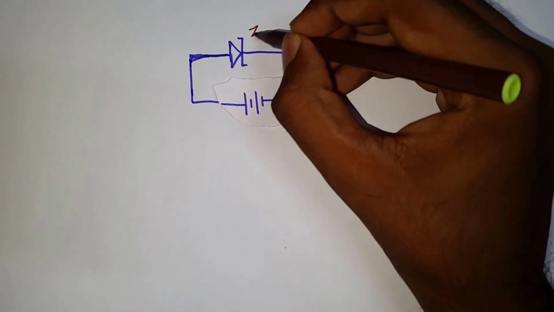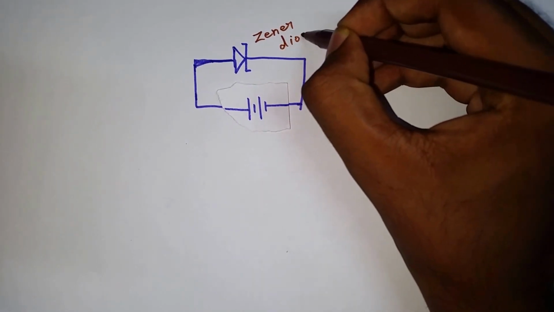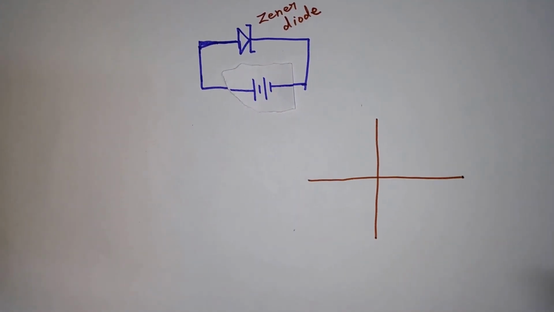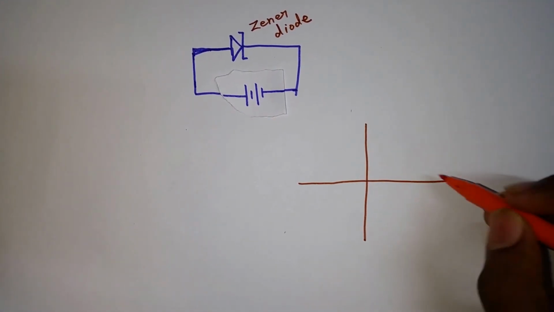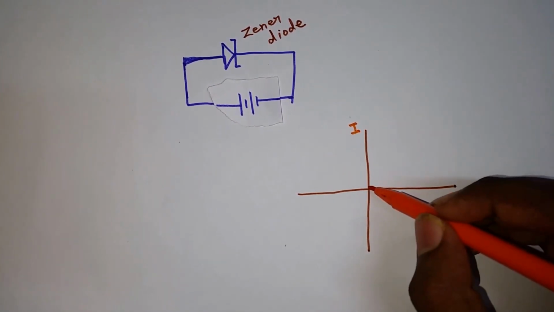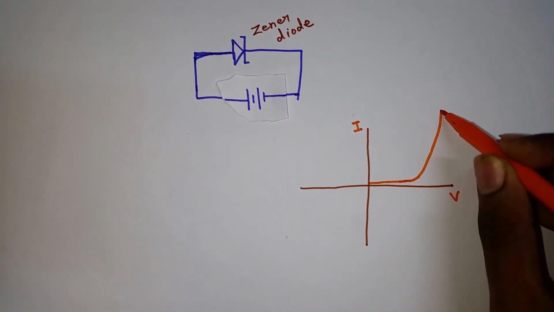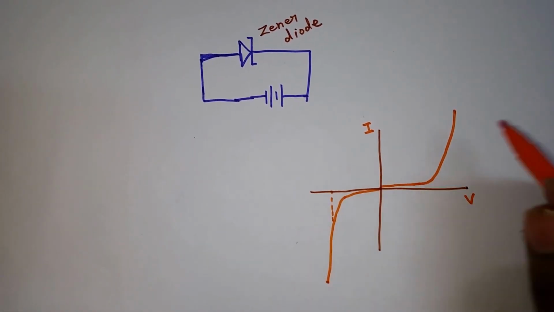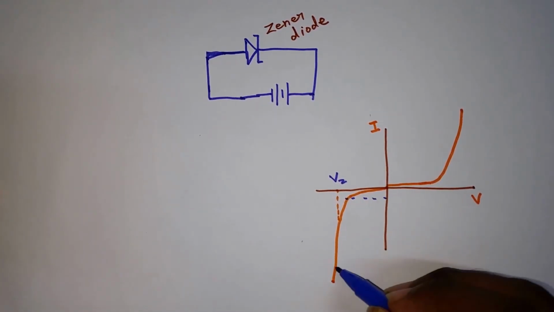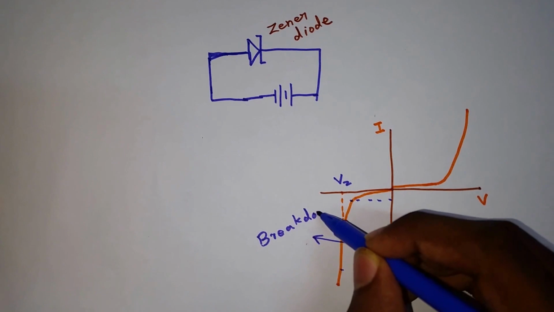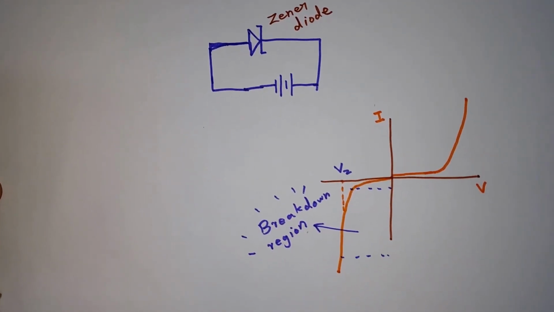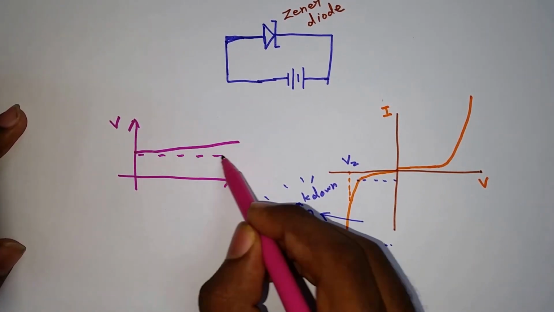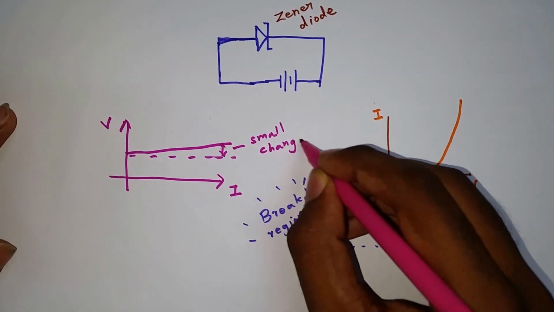Next, let's see about the Zener diode. The Zener diode under forward bias is just like any other diode. As we can see from the VA characteristics curve under forward bias, the current rises slowly at first and then after a certain value of voltage it becomes linear with voltage. But under reverse bias, we can see that the current rises slowly in the opposite direction and then after reaching a certain voltage known as the breakdown voltage, the current increases rapidly. This region is known as the breakdown region. In the breakdown region, for large increases in current, the voltage almost remains the same.